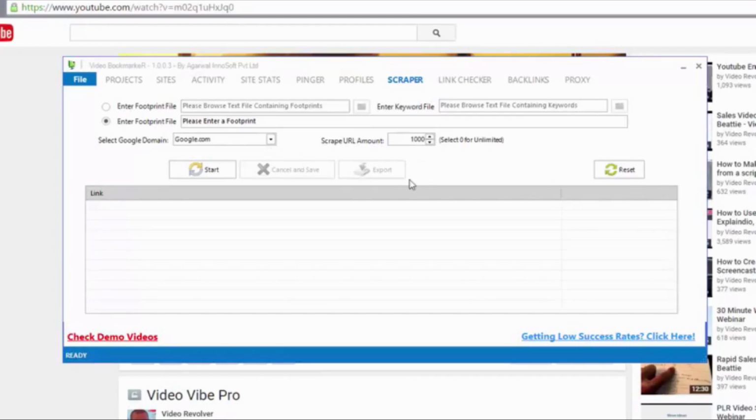Now basically what this will do is scrape links from Google for you. This is very useful if you want to identify new sites that you can build links on. For example, if you want to scrape Google for social bookmarking sites that you can submit your links on, what you can do right here where it says enter footprint is use the various Google operators, okay, to search for specific keywords on specific sites that would identify them as social bookmarking sites, for